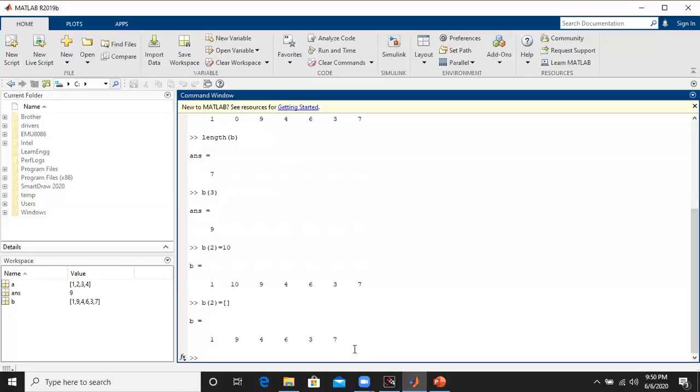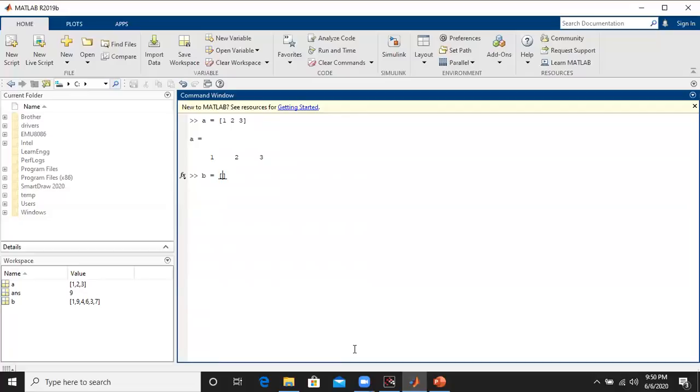Now we will try to see how to concatenate the vector. That means how can we add 2 vectors. So let us clear the screen now. Again, I will take a row vector A with elements 1, 2, 3, for example. Then I will take another vector B. Now the elements are 4, 5, 6. Now I just wanted to add these two row vectors and make a single vector. Let us consider the resultant vector as C, which is equal to A plus B.